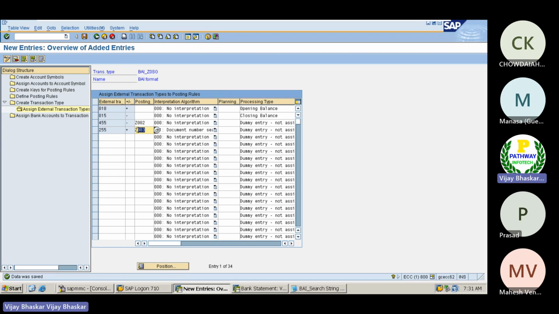The same posting rule which I want to use for multiple BAI codes. Let us see that. I will key 165 for incoming only, Z003. Okay, so now let me use this one, not like this. Let me